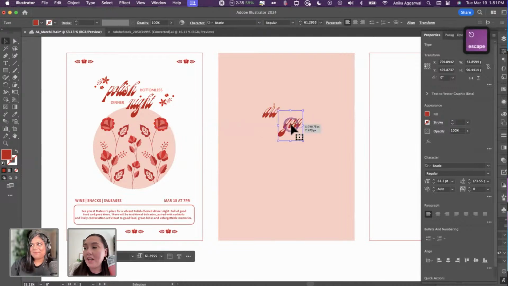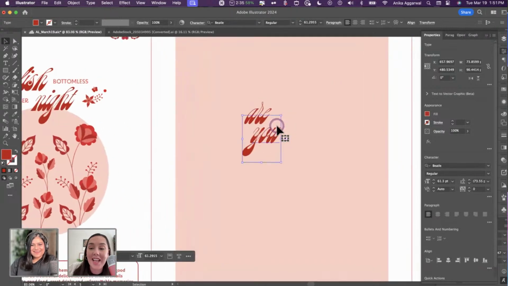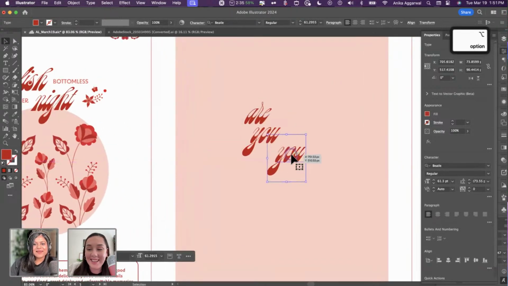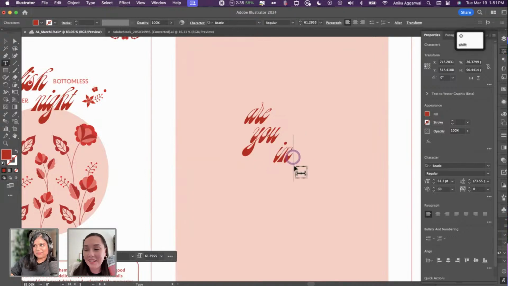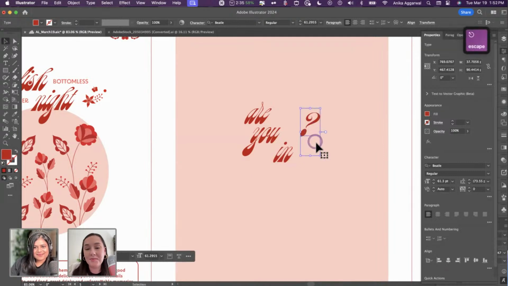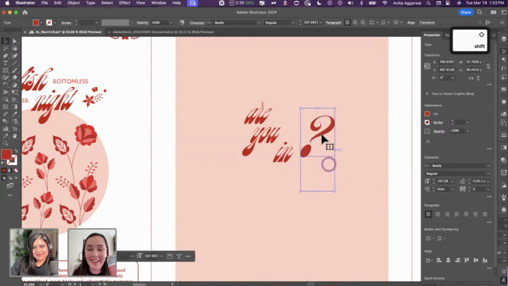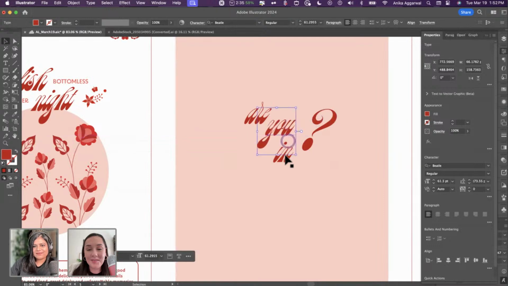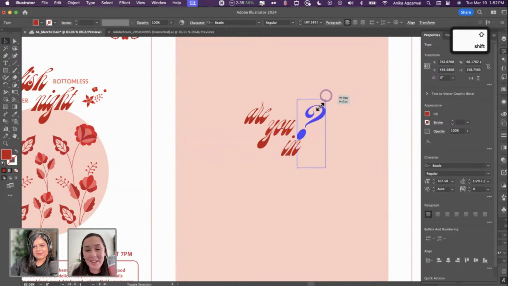Wade says, I love that sausages is in its own category, outside of snacks. Well, there are so many different kinds in Polish cuisine, so I feel like it deserved it. Yeah, it just deserves that. How could I not, Wade? You know? Okay, let me size this down a little bit.